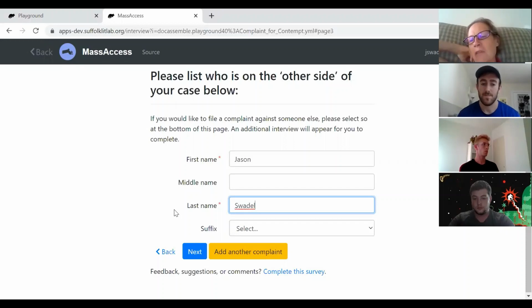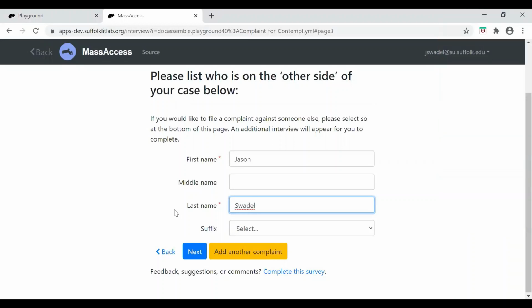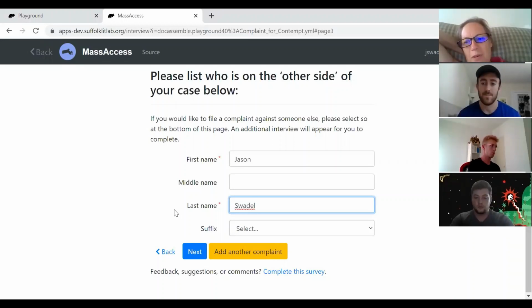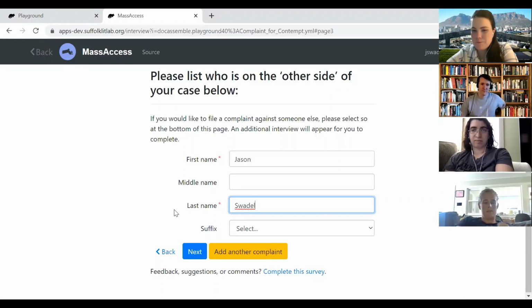So maybe outside of today we should talk about what those circumstances might be, then recognize them in a screen and say, if there's more than one, for example, such and such, you have to do another complaint. Something like that. But this button and everything looks good, so I would preserve this for post MVP. How would you suggest doing that? The thing is, in MVP, we want to acknowledge users who may be confused that they can't file a complaint against more than one defendant. So we need some language in the current interview.